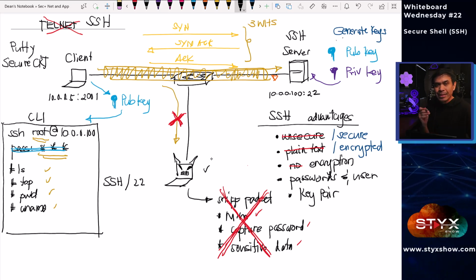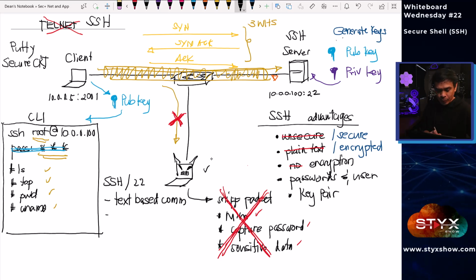Take note, TCP port 22 is SSH. It provides a text-based communication interface to remotely access the SSH server. Now, this is not the only capability an SSH server can offer. Again, text-based communication. If you enable SSH, there are two other applications, or I would say two features, that are